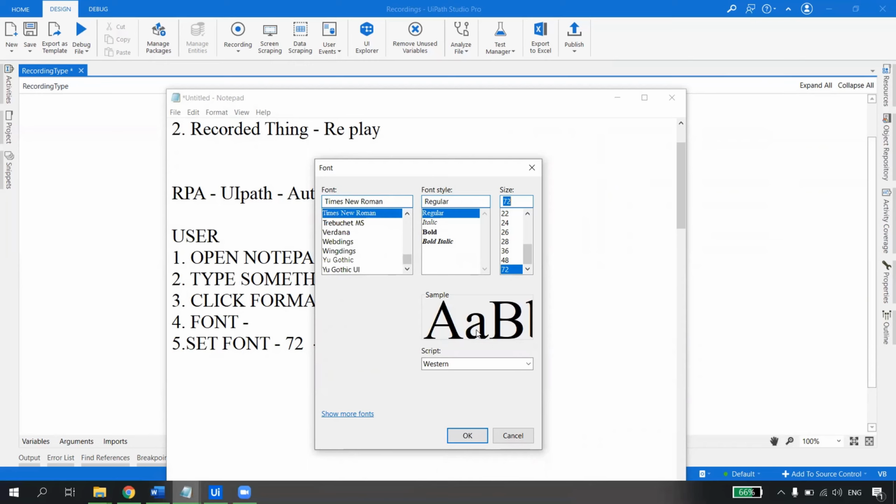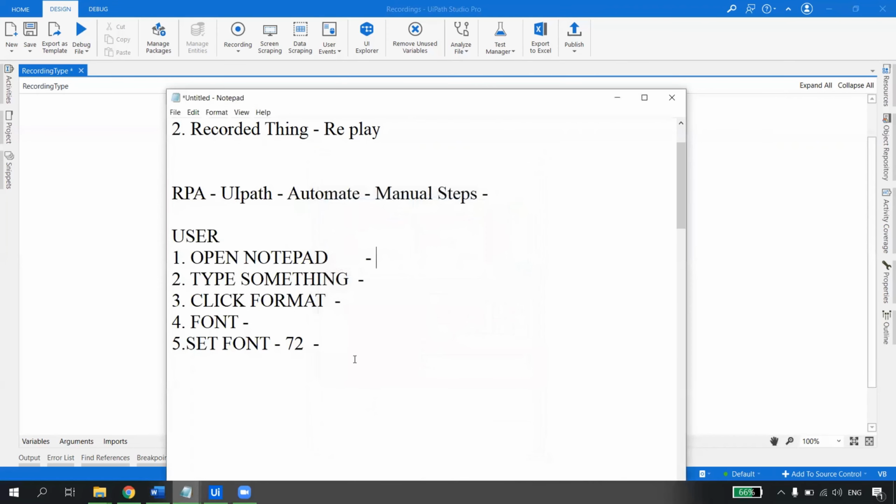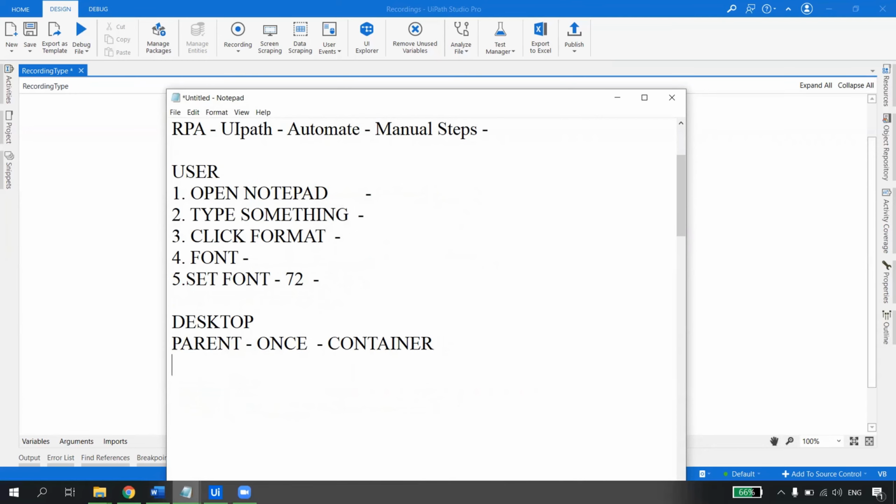So desktop recording will grab the parent once, it will create a container. So what the desktop recording will do, right? It will just grab the parent once, and then it will create a container. Now it says, okay, I have created a container, so this is desktop recording. It will say, okay, I have got the parent, I have created the container. Now whatever you want to do, if you do it inside my container, so this container is now your country.